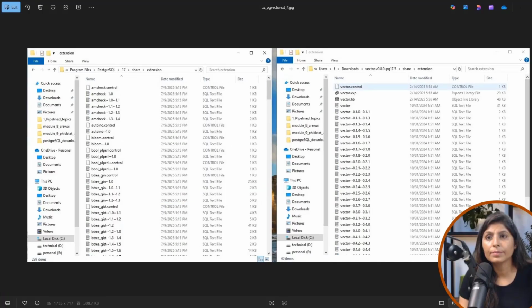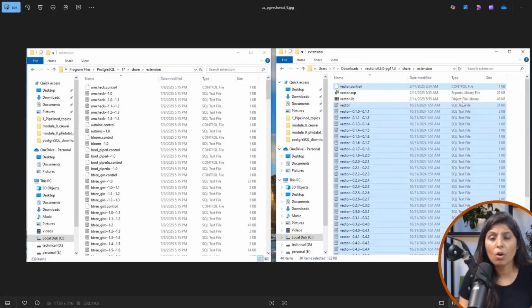After that, you will open the extension folder of your PostgreSQL. This is the extension folder of our PostgreSQL database. And on this side, from downloads, the vector plugin, you will open the extension folder from here also, and you will copy all the SQL text files.